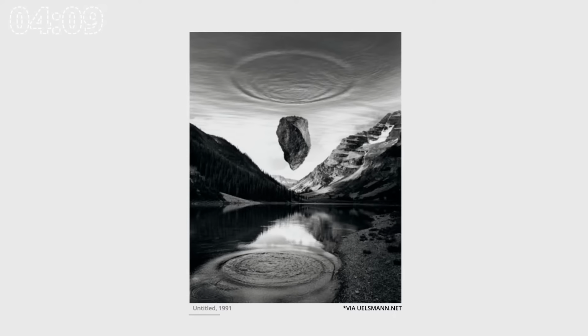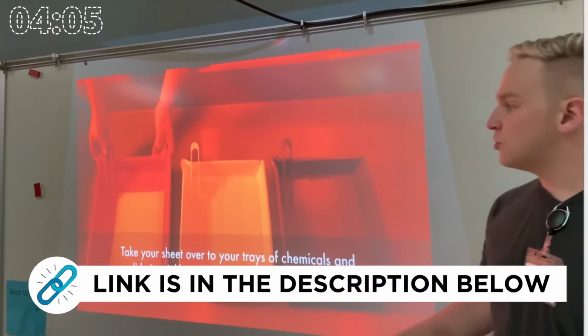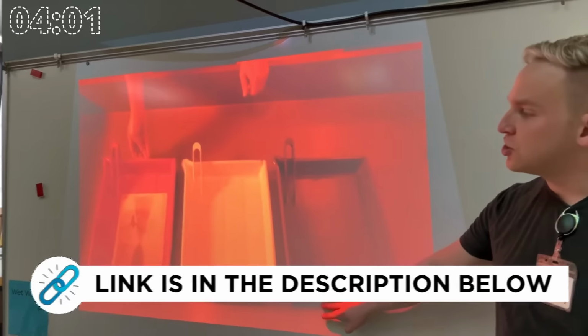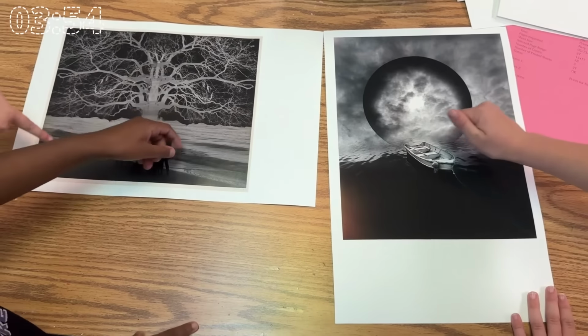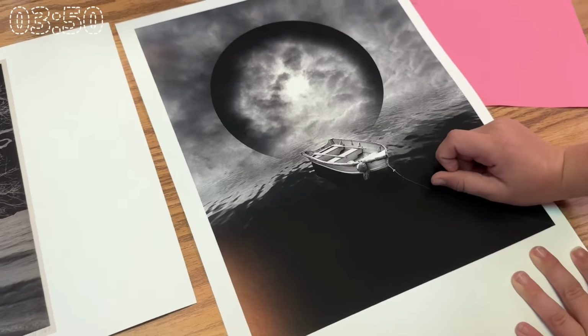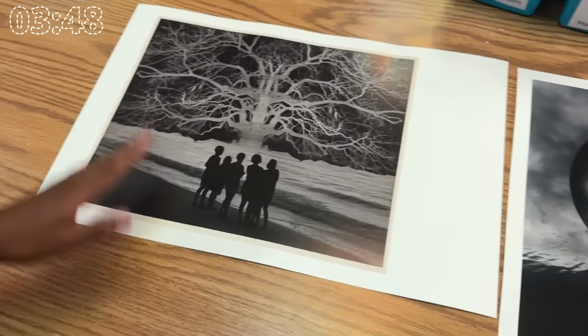Students without access to a darkroom, though, may have a hard time understanding just how complex his process is. And so it's worthwhile to share a video with them of Jerry in his studio, like the one linked in the description box below. Jerry taught photography at the University of Florida for nearly 4 decades. Jerry is a great example to students and teachers alike of the fact that art is a lifelong practice and that teachers create artwork forever.